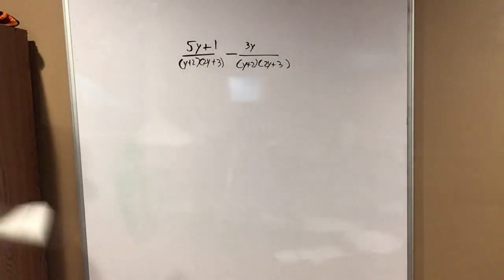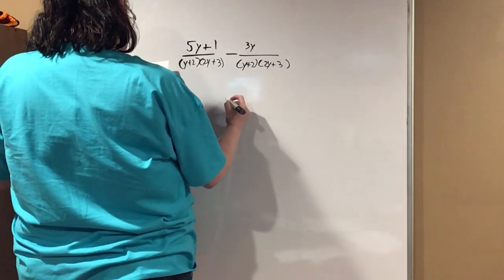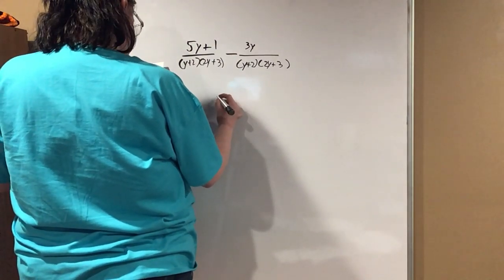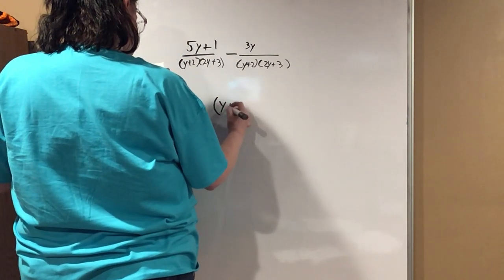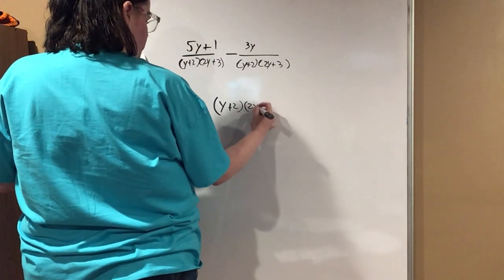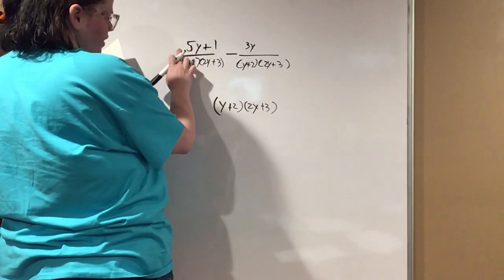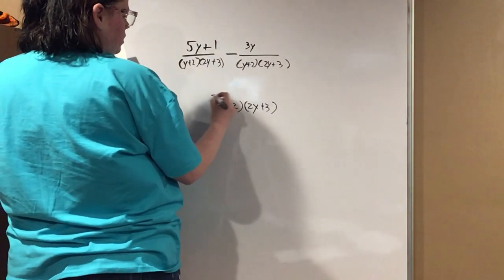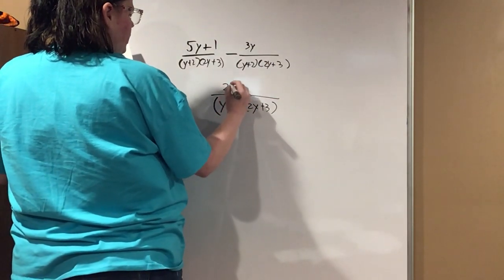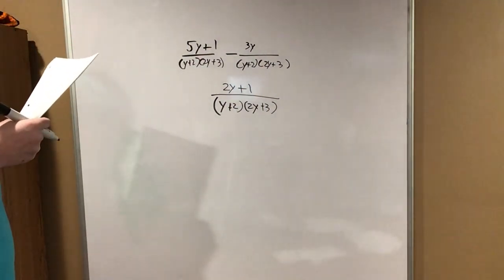Well, denominators are the same. So it's going to be y plus 2 over 2y plus 3, and then we just subtract: 5y minus 3y is 2y, plus 1. And that is